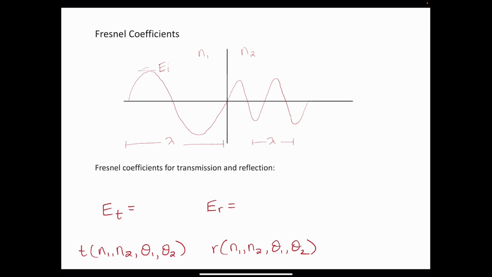The amplitude of this wave is much larger than the amplitude after it has crossed the interface between the two media. And this happens regardless of what the refractive indices of those two materials or media are. And this is due to the Fresnel coefficients for transmission and reflection. You can think of these as the toll that the wave has to pay at this interface. And these are given by